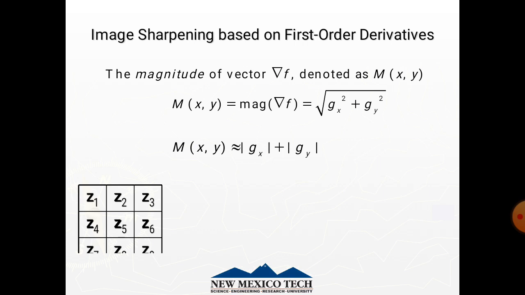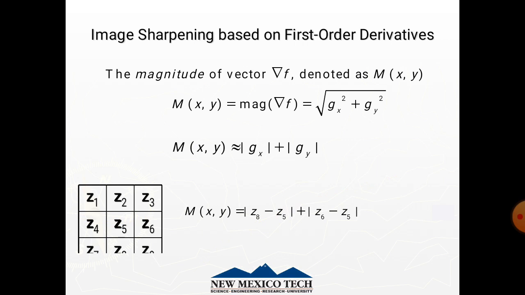As in the case of the Laplacian, we now define discrete approximations to the preceding equations and from this formulate the appropriate filter mask. To simplify the discussion that follows, we will use the notation in figure A to denote the intensity of the image points in a 3 cross 3 region. For example, the center point Z5 denotes f(x,y) at any arbitrary location (x,y). Z1 denotes f(x-1, y-1), and so on, using the notation introduced in the figure.